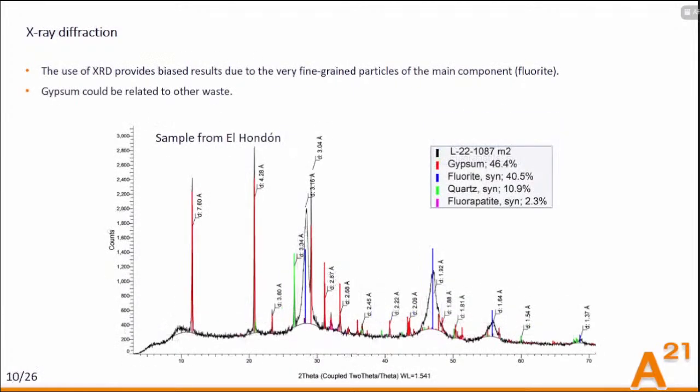In the case of the sample from El Hondón, it's similar to Flix, but we have found gypsum as the most abundant phase, which was quite weird. But this site is characterized by some other waste as well. We have some pyrite ashes present next to the phosphate mass, as well as some waste from the demolition of some buildings. And it was quite hard to drill, so we took the sample from the first tens of centimeters of the soil, so it could be contaminated by some gypsum.